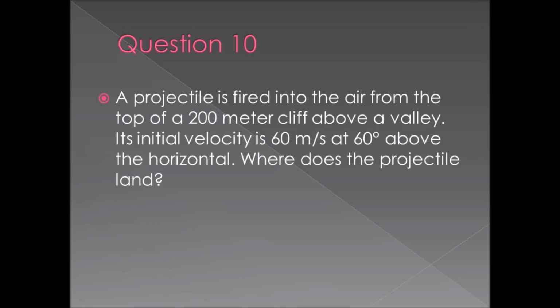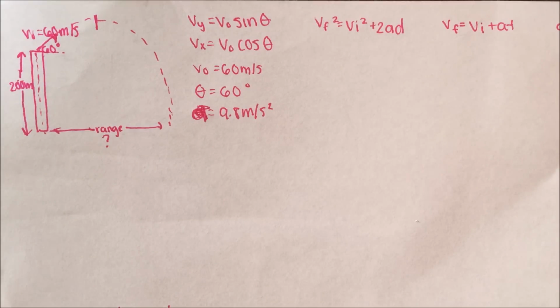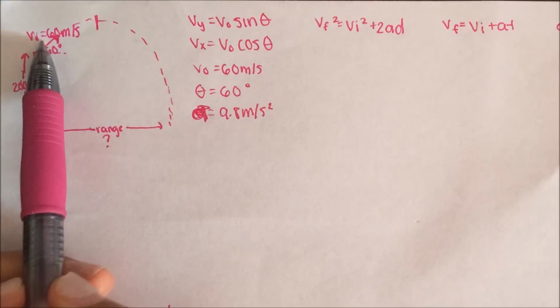Question 10. A projectile is fired into the air from the top of a 200-meter cliff above a valley. Its initial velocity is 60 meters per second at 60 degrees above the horizontal. Where does the projectile land? This question brings in a lot of different equations and elements. The first thing you have to realize is the velocity that it's projected off of, the 60 meters per